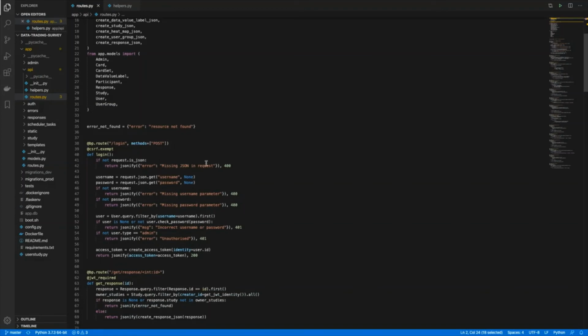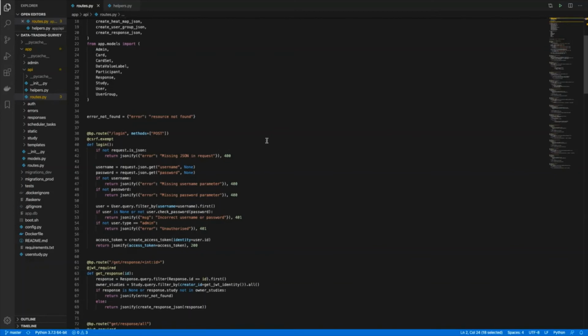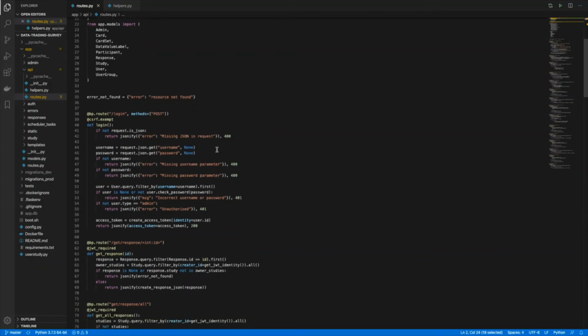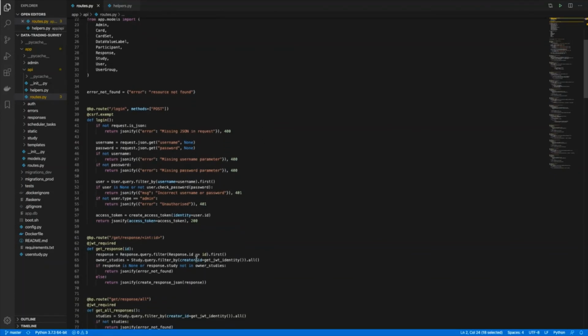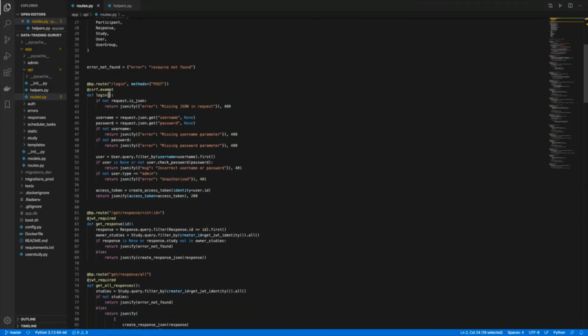In order for an administrator to authenticate themselves to gain access to the endpoints to retrieve data, they visit this /login method, and within the request body, they send their username and password details, and these are authenticated similar to how the login method in the authentication module is performed.